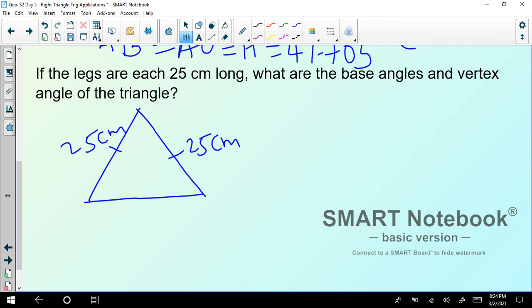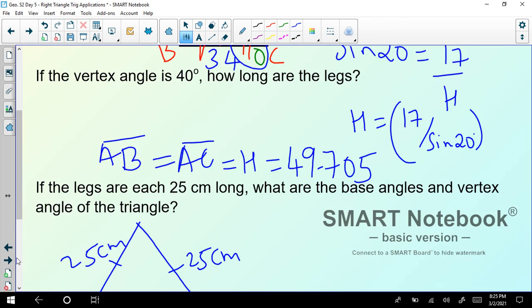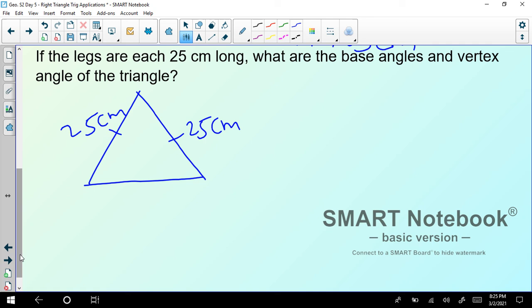and we know this was 34 centimeters, right? They've given this to be 34 centimeters. So this is in centimeters. Okay, we don't know the vertex angle, or any of the angles. So what I'll do is, once again I'll drop a perpendicular bisector, which means these two are congruent, and the same with these two. If these two become congruent, this is 17 units.